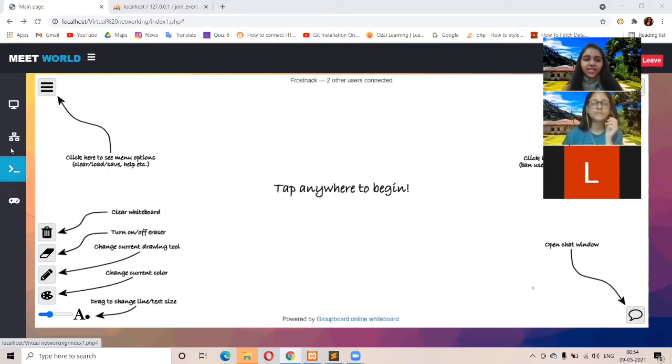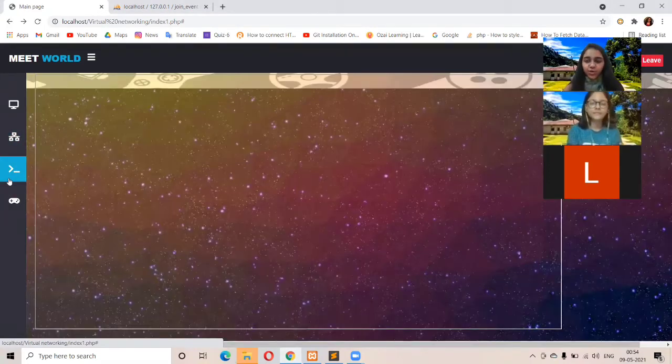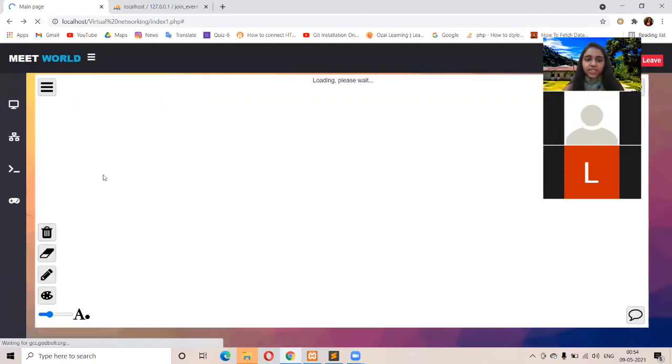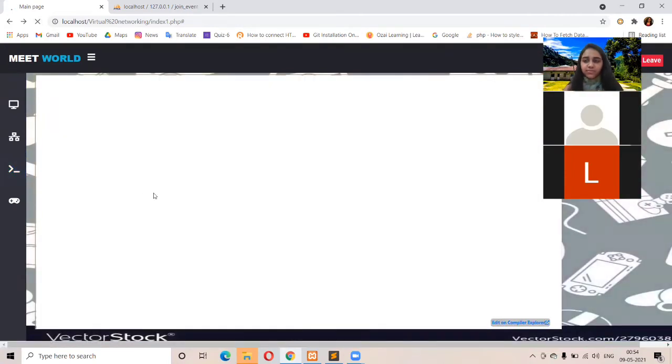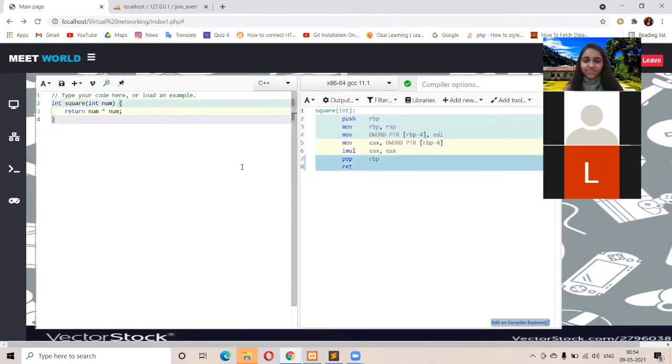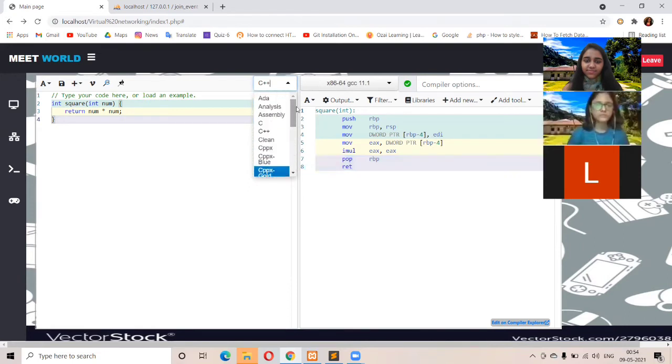Yeah, so the third area is that of the console. So here's the main console page. In this console page, the users can actively code together so that the output will be exponential. This will help in learning new stuff together and will be more entertaining, and it will also be more interesting. It has many languages like Python, C++, which will further help in their growth.